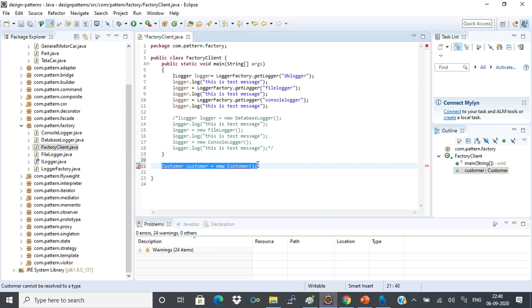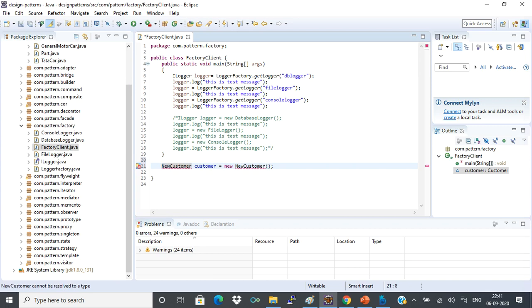Now there is a disadvantage here. This is a straightforward approach, just creating an object. But say tomorrow there is a change in the class name. It is showing a compiler error because I don't have a customer class actually. So tomorrow there is a change in the customer class name: Customer has changed to new customer, for example. The class name itself is changed.